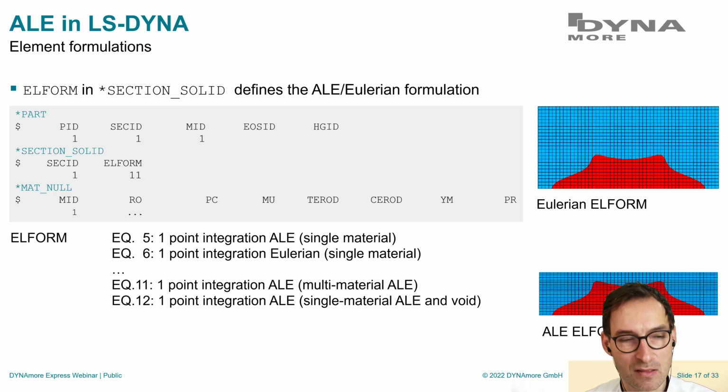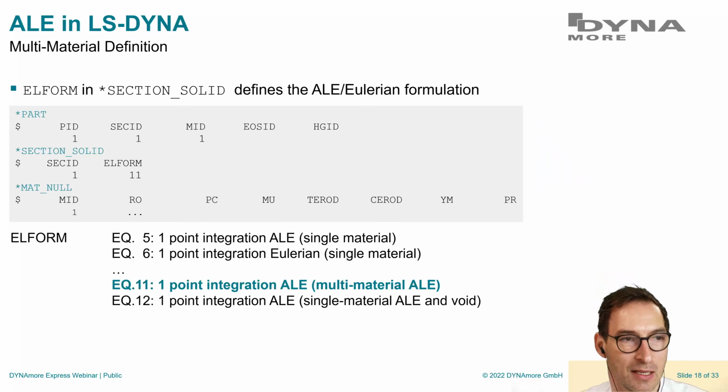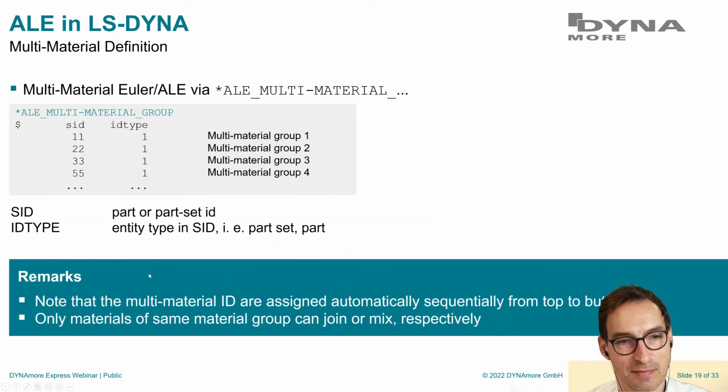Okay. So how do I do it if I want to do multi-material definitions? I think I already mentioned it. You have to switch the element formulation to number 11. That's it. Okay. This is the first part. The second part is, of course, you have to define your multi-material groups. And I don't want to go into the details here, but usually what you do is you're